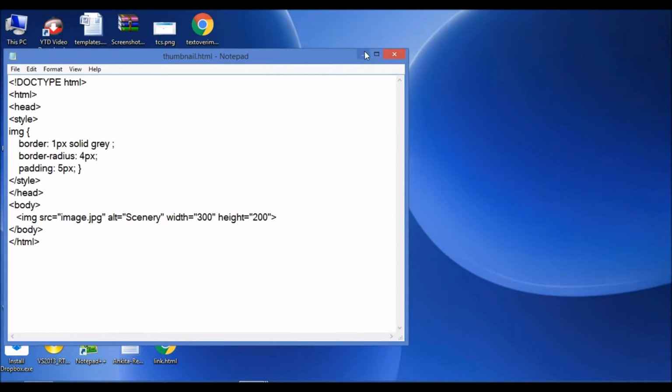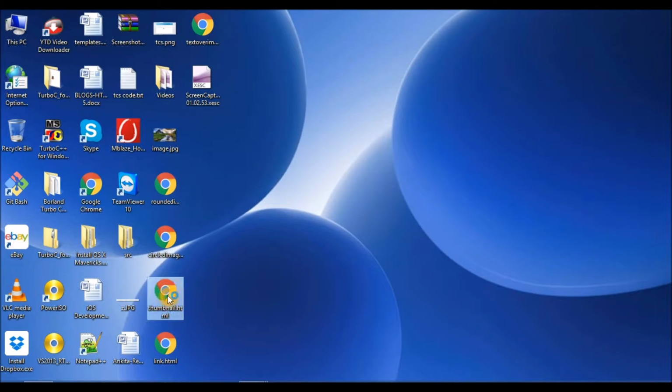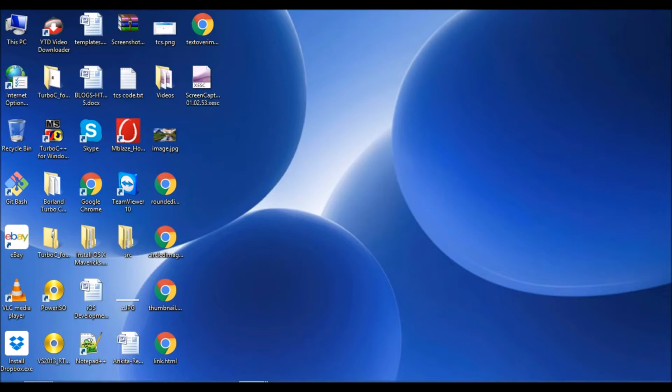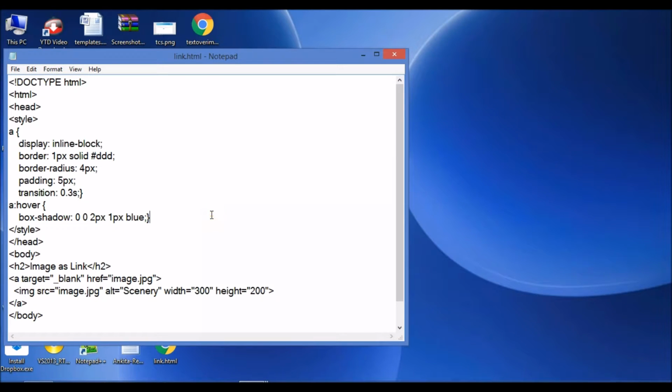Let's save it and run it. This is how your image will be shown. It is showing a thumbnail image. Well, then how can we use an image as a link?